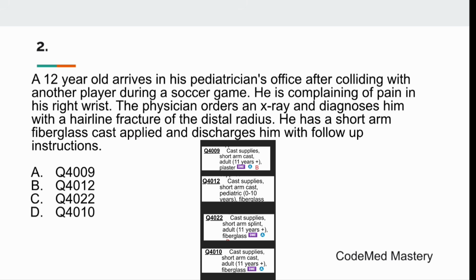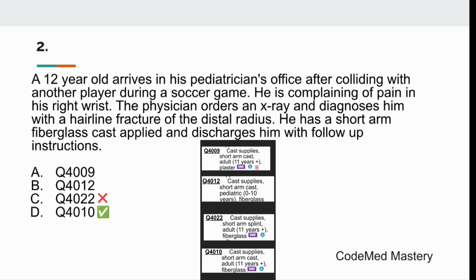The correct code is Q4010, which is for cast supplies, short arm cast, adult, 11 years plus, fiberglass. In the question, they have given 12-year-old and he has a short arm fiberglass cast. So, it is exactly matching with Q4010. Option C, Q4022 is wrong because it is for short arm splint. In the question, they have not given short arm splint. They have given short arm fiberglass cast. So option C is wrong